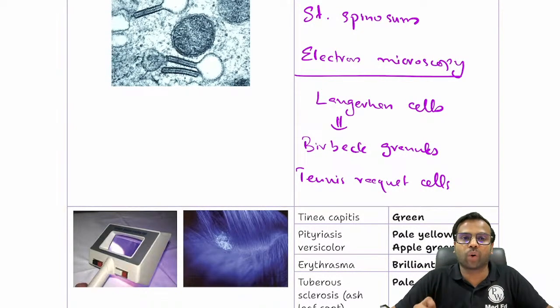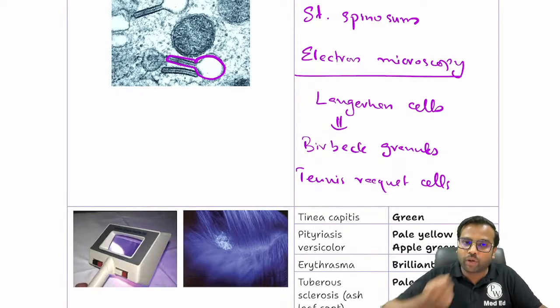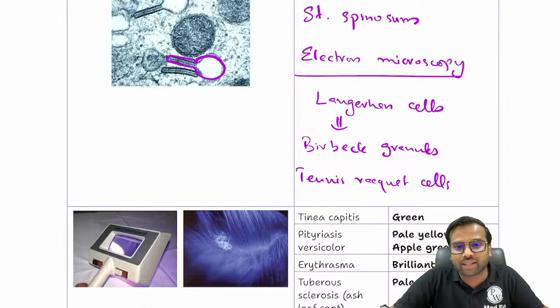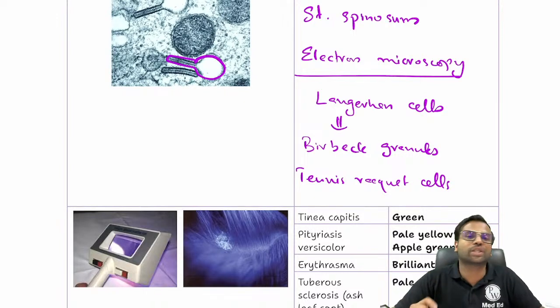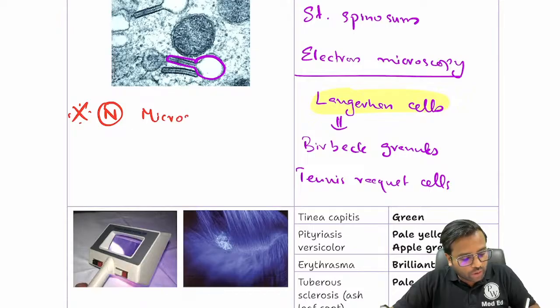The first image is about Langerhans cells, and you can see that the shape of the cell is something like this, because of which we compare it to a tennis racket. It's also called Birbeck granules, and the layer in which you find these cells is called the stratum spinosum. And don't make any silly mistakes on the day of your exam, because if they ask you what you see in a normal microscopy of Langerhans cells,